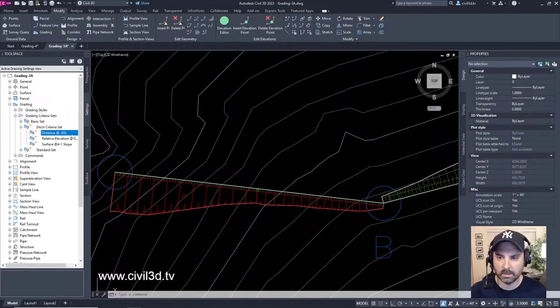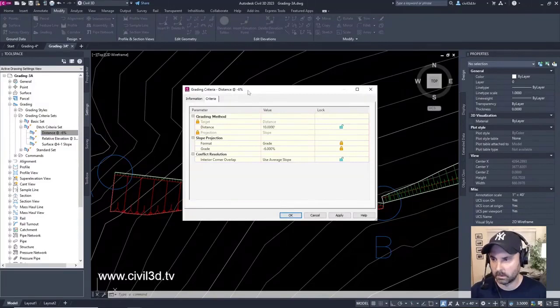And we'll select that distance at -6%. Edit. I see what we're doing here. What we just did with the original grading criteria set with this particular piece is we set that for that individual piece of ditch, not for the entire criteria set.